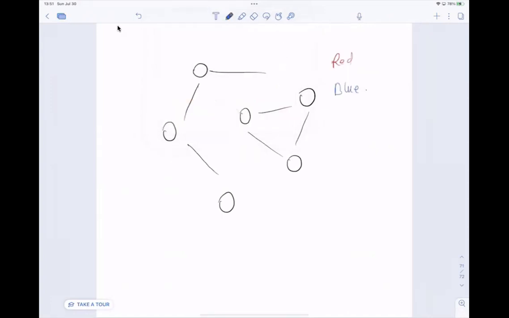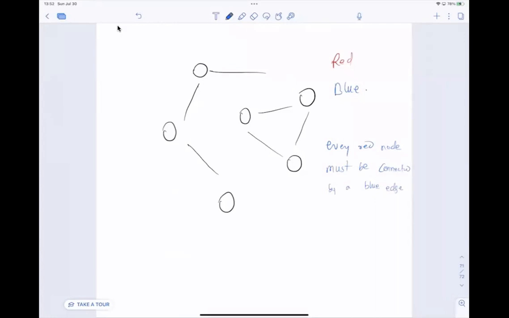And these are the constraints: every red node must be connected by a blue edge